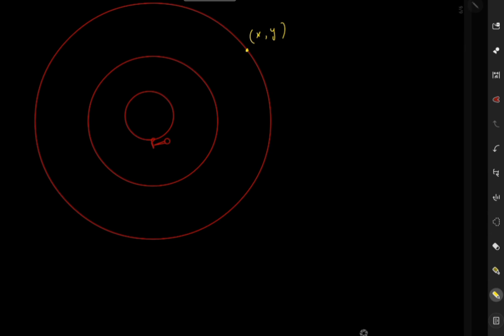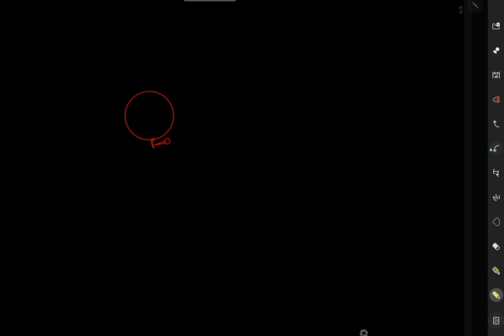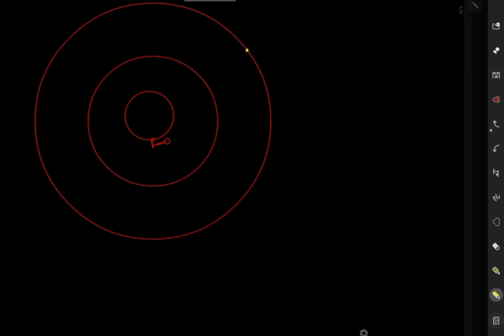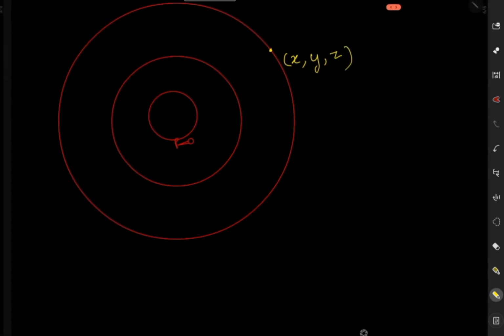So let's take our coordinates x, y, z. So what is this implying? 2x i cap plus 2y j cap plus 2z k cap is implying that